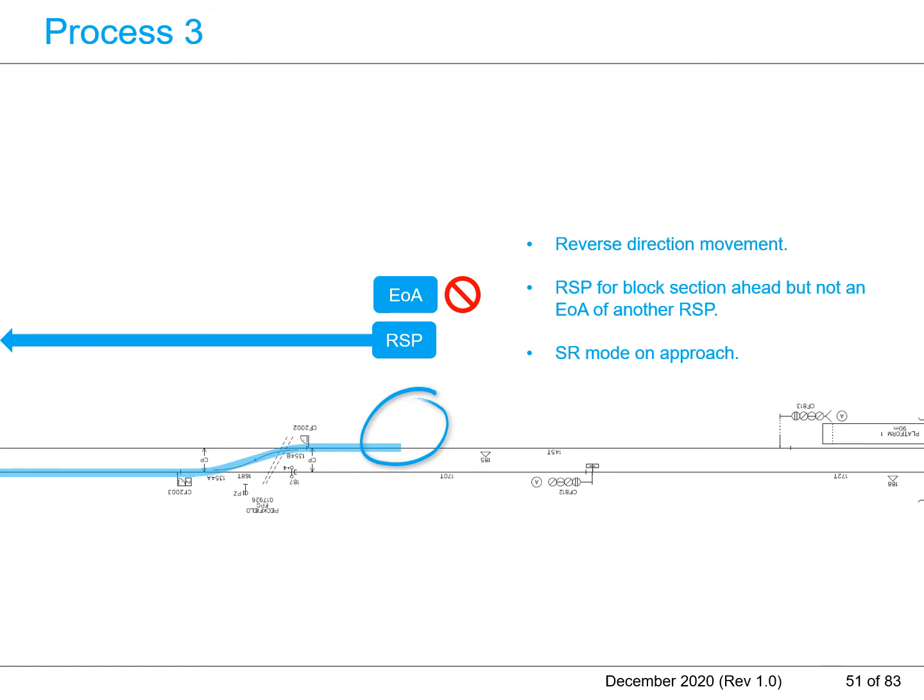The location indicated with the blue circle in this diagram requires an RSP for managing the route via the crossover, for the turning back operation. The RSP facilitates the ETCS reverse direction movement approaching the crossover, then the nominal direction after the crossover. This location is an RSP, but it is not an EOA, from the radio block center and the interlocking system